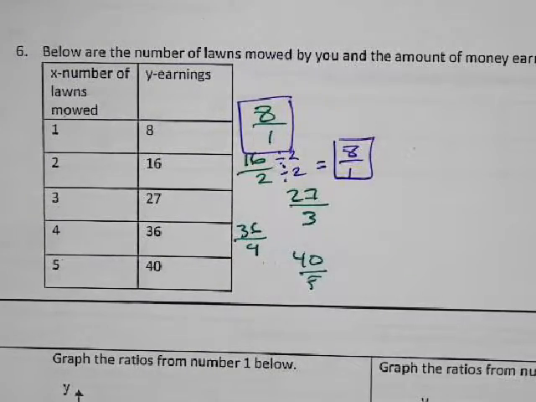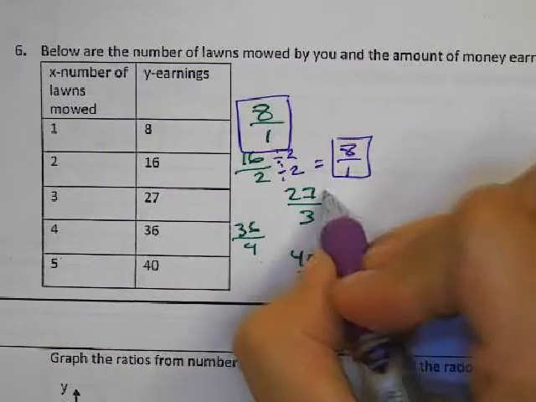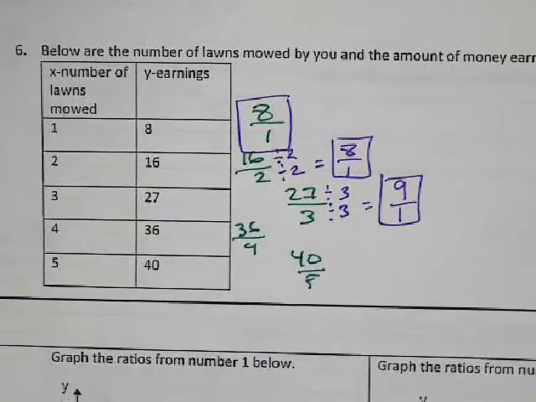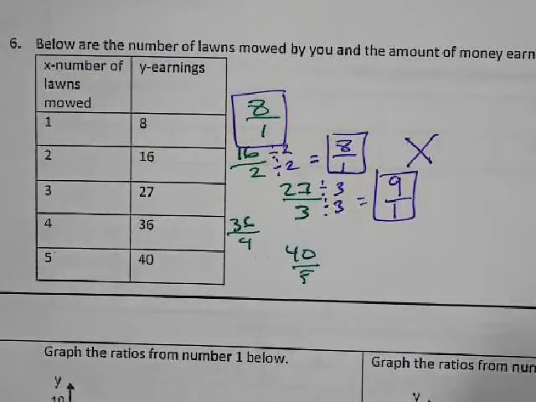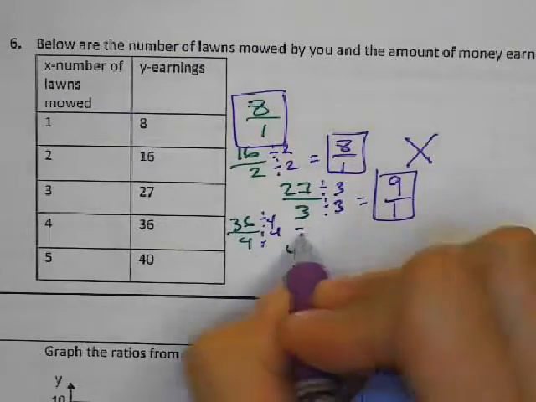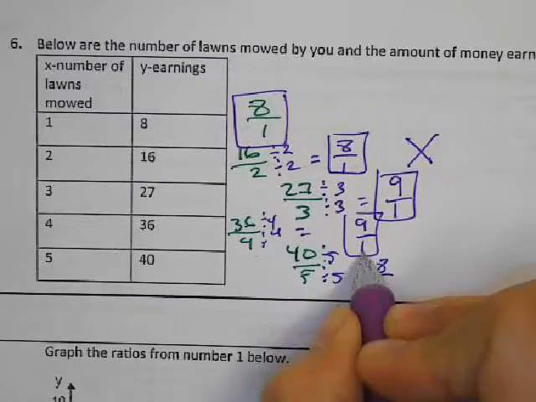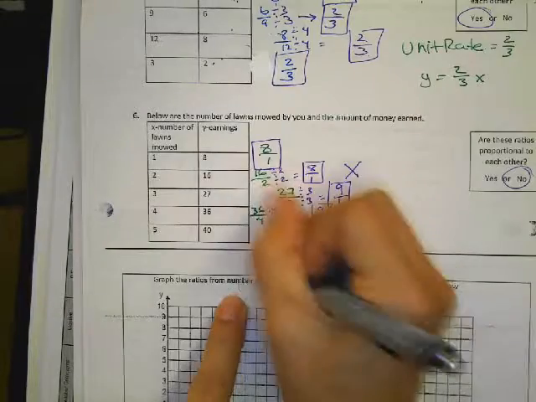Hey, they match. Can I stop there? No. I got to keep going. 27 and 3. What do I divide by? What do you get? Oh, no. Do they match? You can stop there. Even the next one's 9 over 1. And this one, if I divide by 5, 8 over 1. So 3 of them match. Is it a yes? No, they all have to match. Got it? All right, the last thing I want you to do is to graph the ratios from number 1